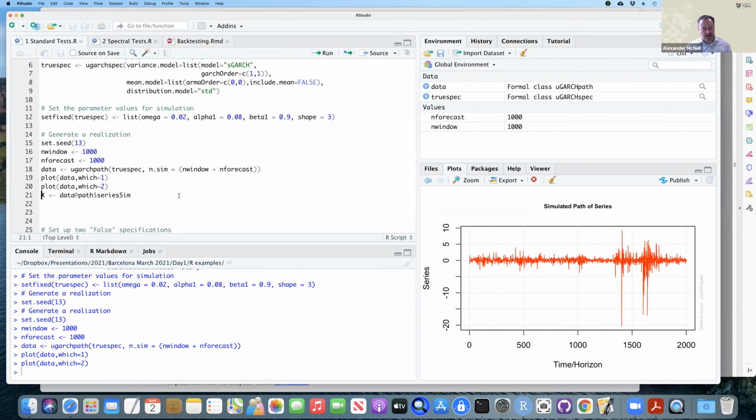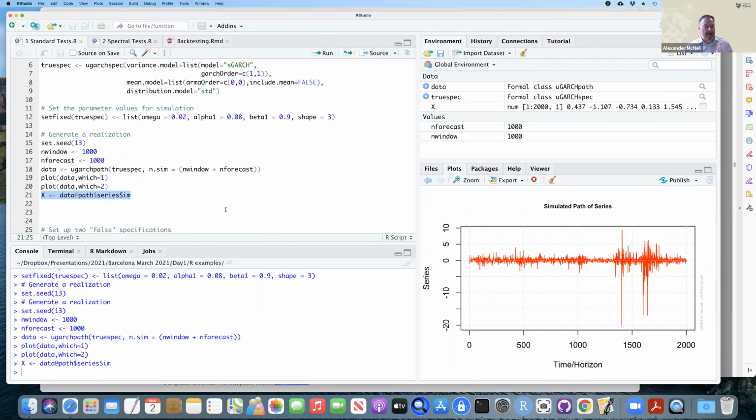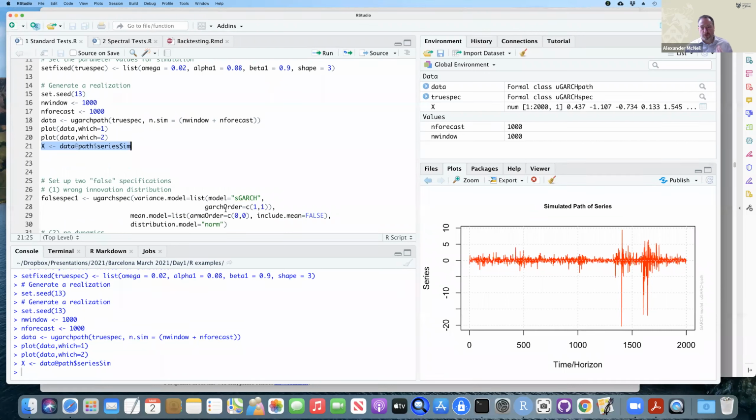Okay, so that's a GARCH model. And I'm going to take the data, which contains quite a lot of information. It contains the volatility as well. I'm just going to take the path of the process. And that is going to be what we use in our backtesting as the data in order to understand how